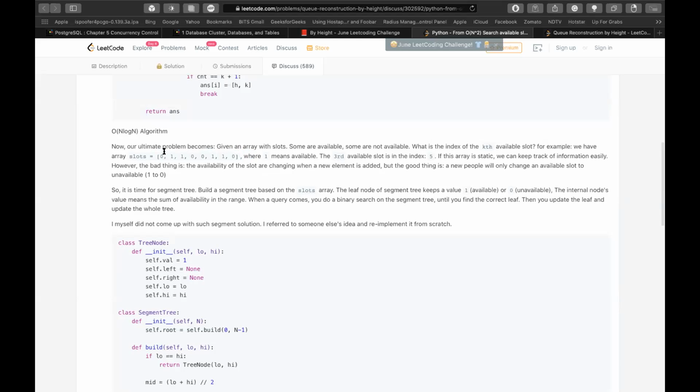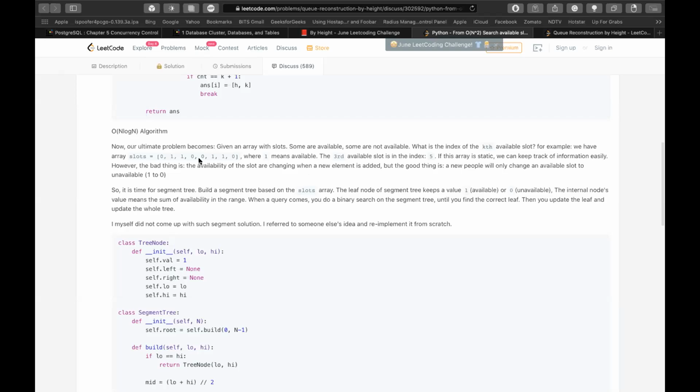So the cumulative sum becomes 5 at the, sorry, let me set it in a different way. So if you see, it needs to be inserted at the third slot.